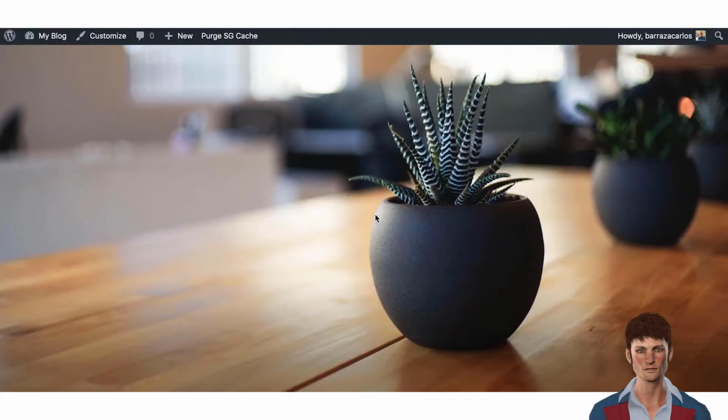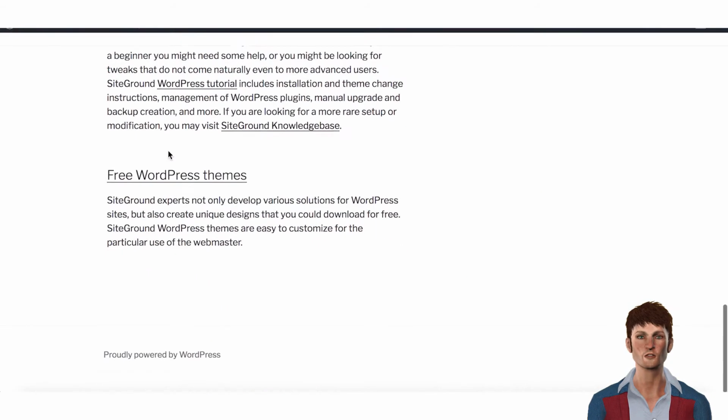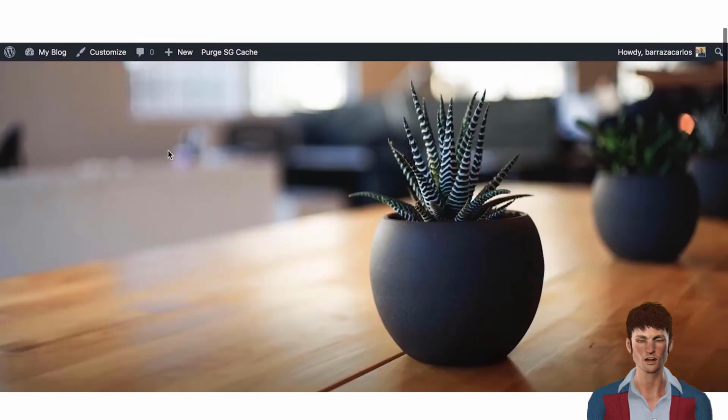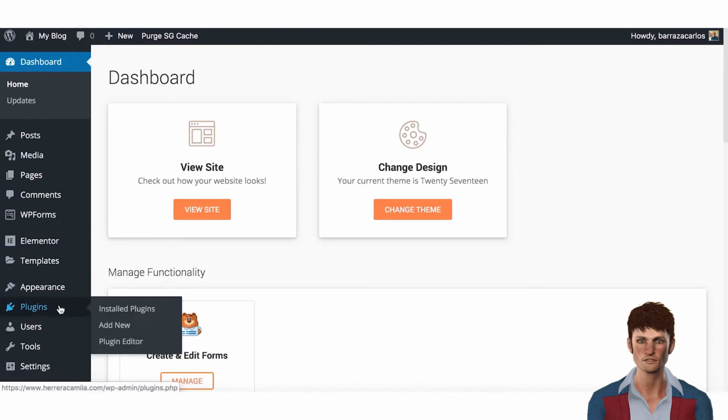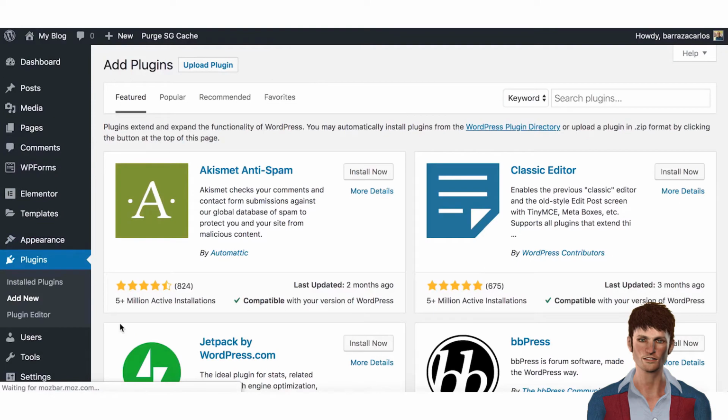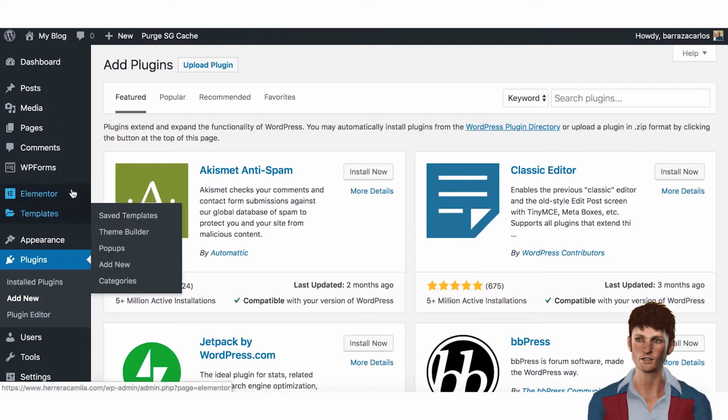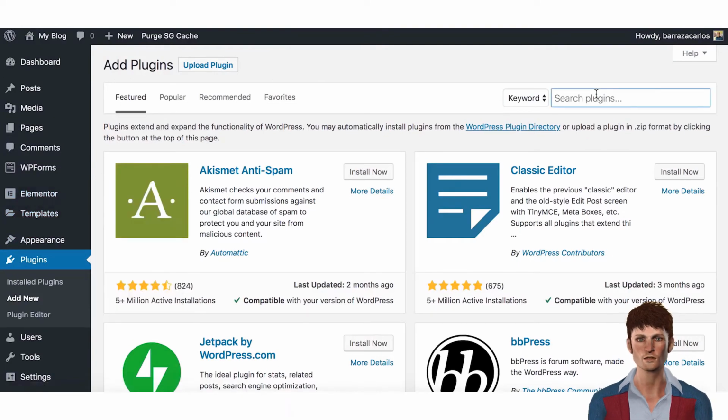Hi everyone, in this video I want to show you how to add free templates for your Elementor website. So as an example here we have the typical design of a WordPress website. So we go to the dashboard, we look for new plugins. Here I already have the Elementor plugin installed, but we will look for Envato Elements,